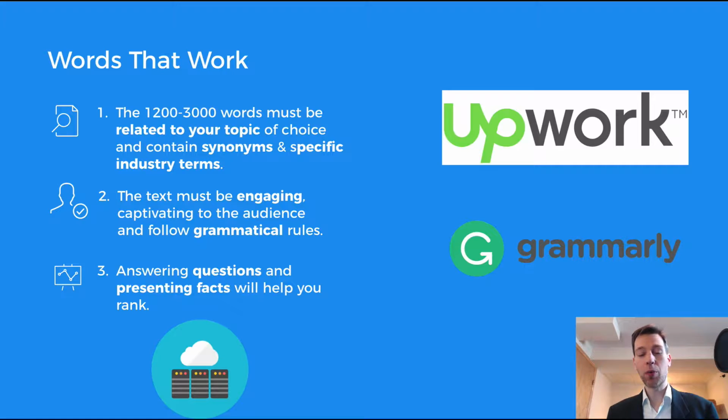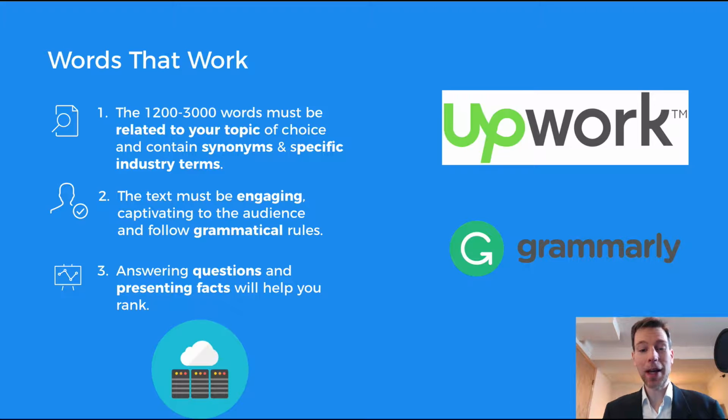Now, the way you write about that topic, I recommend using synonyms and using specific industry terms. So if you're writing about something like a drone, right? If you're writing about drones, then you want to talk about the flight controller. You're going to want to talk about propellers. You're going to want to talk about the motors. You're going to want to talk about a radio controller. These are all going to be the specific industry terms that you typically wouldn't find in another article that is not on this topic. Because Google looks for not only that main keyword, but they also look for the other